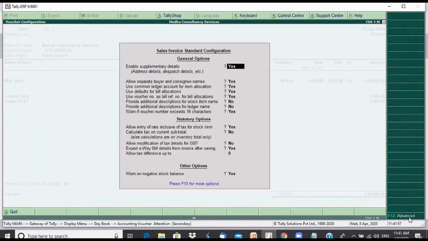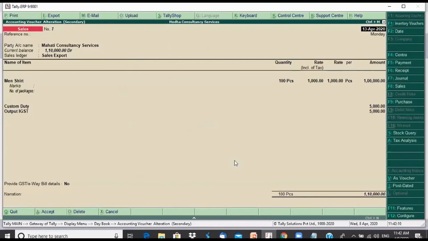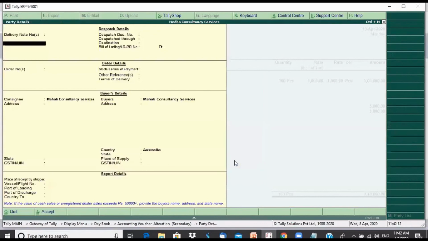just go to F11 configure, and go to more advanced configure and enable provide shipping details as yes, provide marks and numbers, provide containers and packages. You could enable all these details. Okay, now when you are doing an invoice,